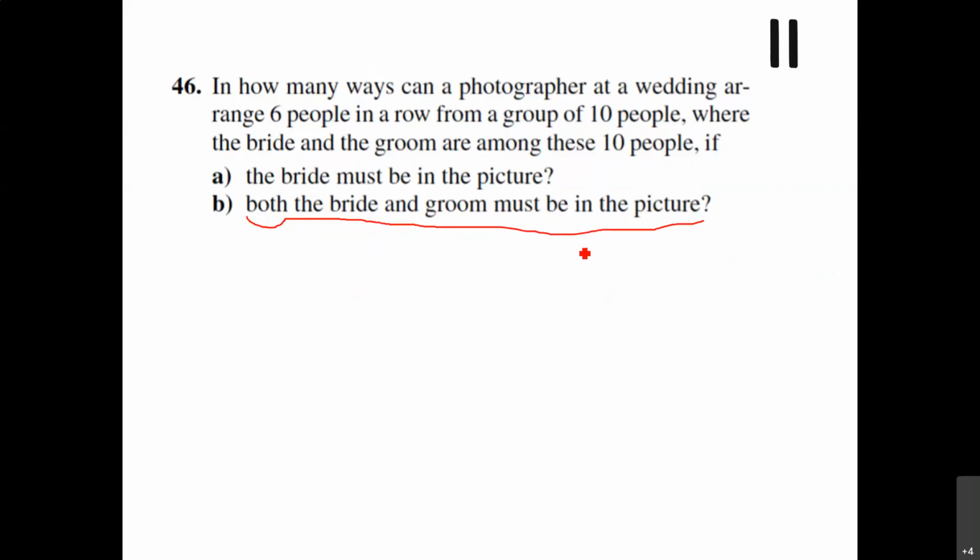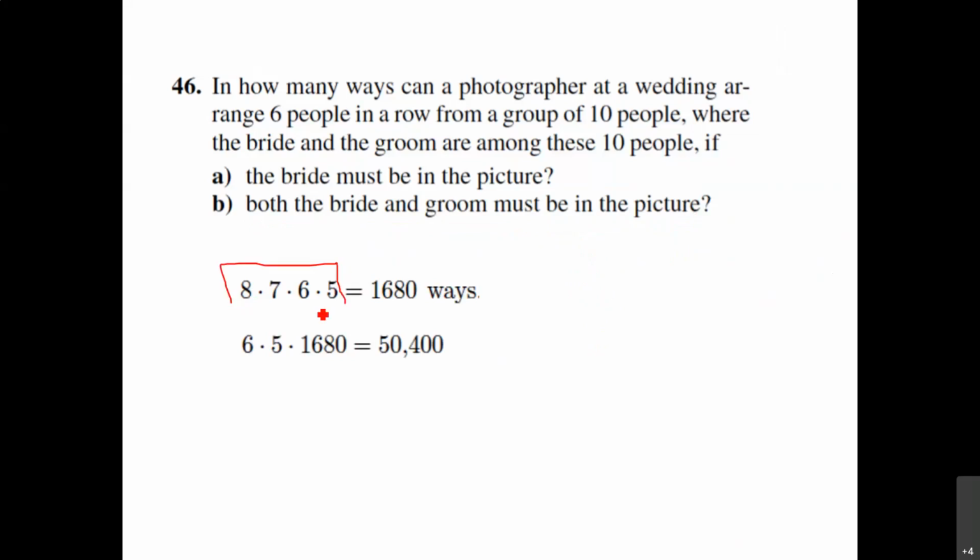Okay, same as before. We had 10 people. Put the bride and groom on the side, you're left with 8. You have 8 people for 4 spots, right? So 4 spots, 8 people, that's 8 times 7 times 6 times 5 for these 4. Then